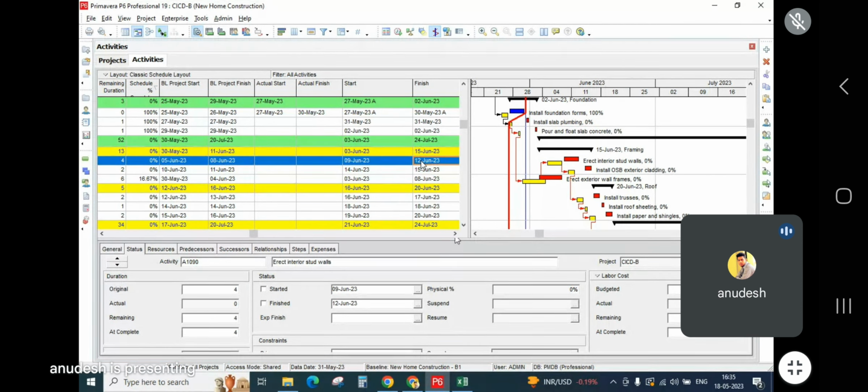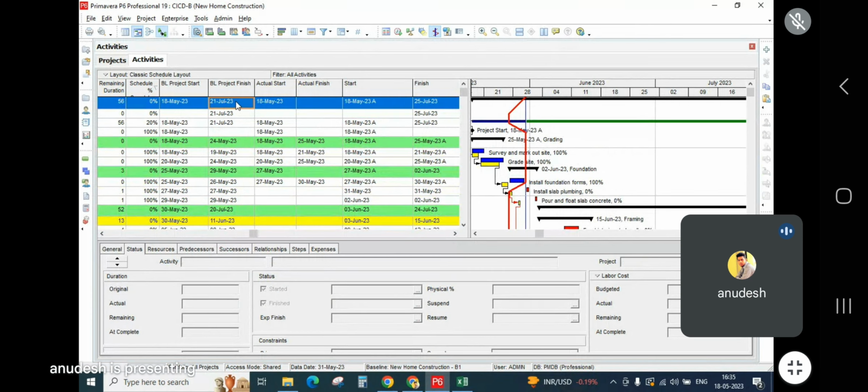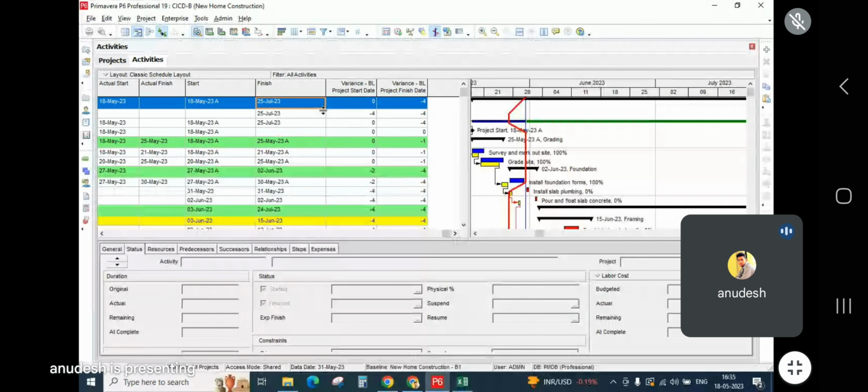Why? Because you have delayed the earlier activities, and your entire project was finishing on 21st of July, but now it will finish on 25th of July. There is a delay of 4 days in your schedule till now. If you do further delay in your schedule, this 25th will go beyond this. Understood? So this is how the software helps you to see where you are going,